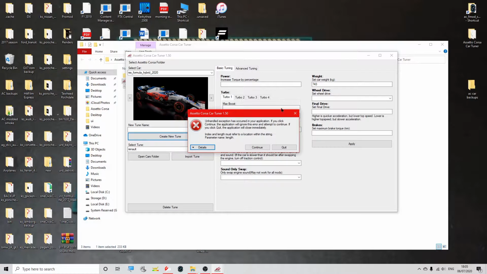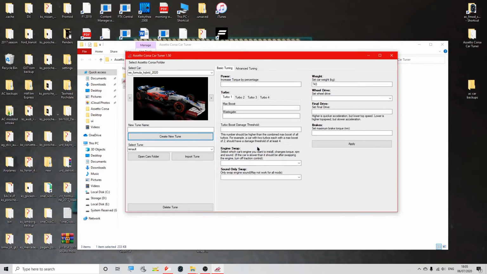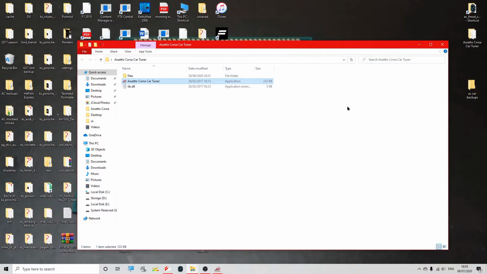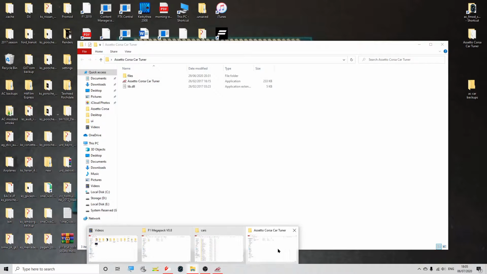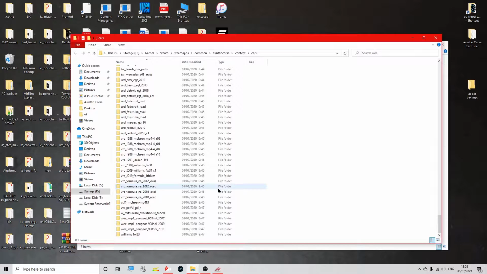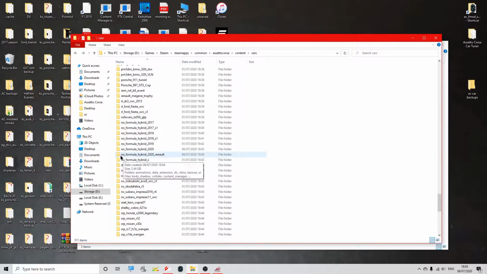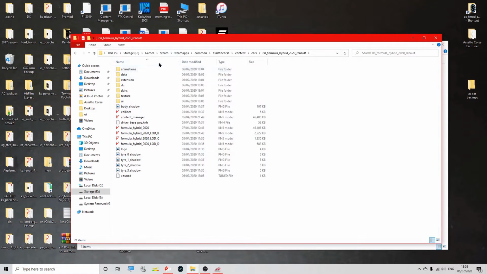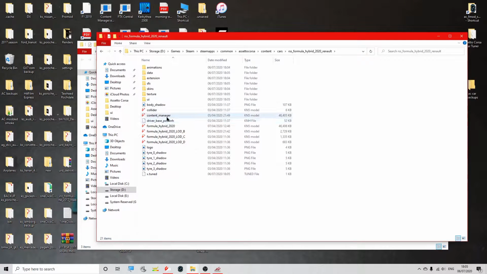And that's done. Ignore the error message, click on continue, and now comes the part where we install the new sound on the cloned car. So we're going to head into our car folder, and you see here we find that we have a new car called the RSS Formula Hybrid 2020 Renault. If we go into this folder, you will see exactly the same files as the Hybrid 2020, except now because the folder is called 2020 Renault,